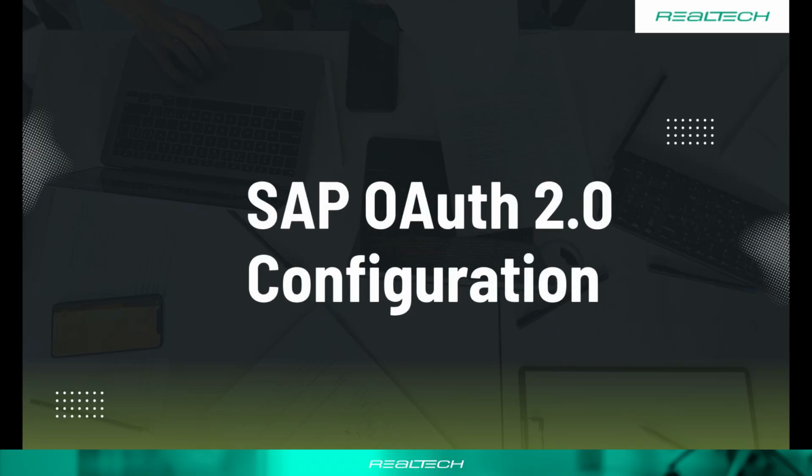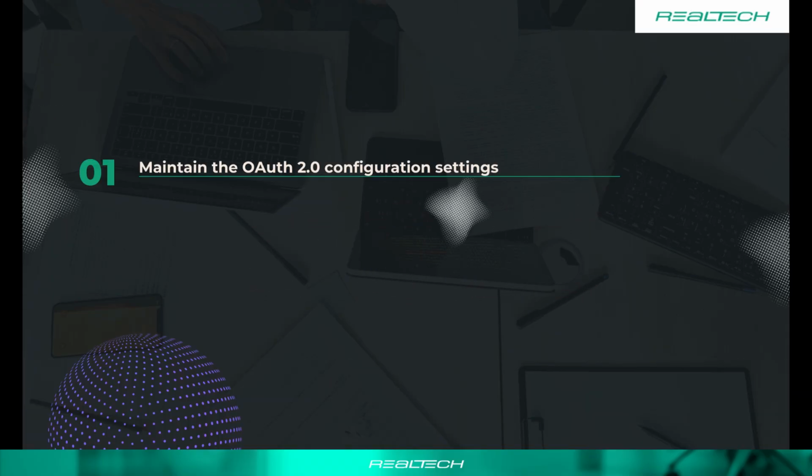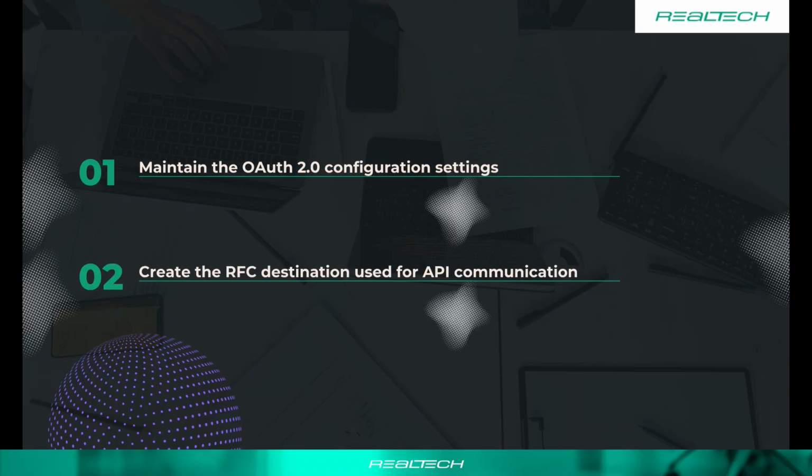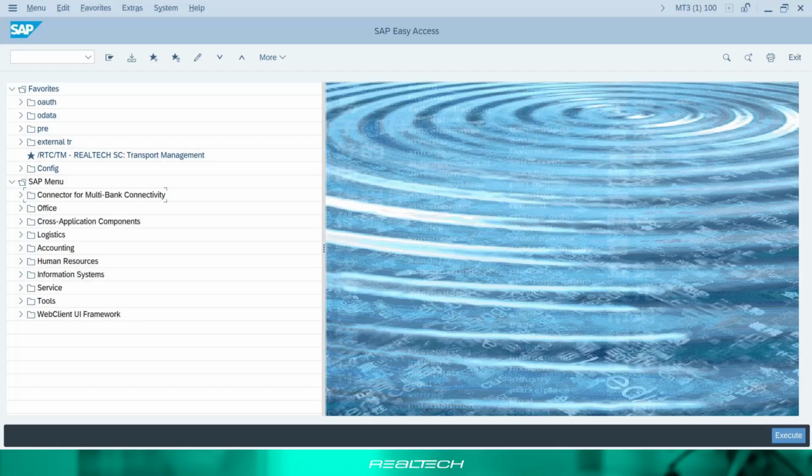As part of the integration setup, we will configure the communication between SAP and an ITSM. This setup includes maintaining the OAuth configuration settings and creating the RFC destination used for the API communication. First, we need to create an OAuth profile in SAP. This profile will store the authorization server metadata and will later be referenced in the RFC destination configuration used for